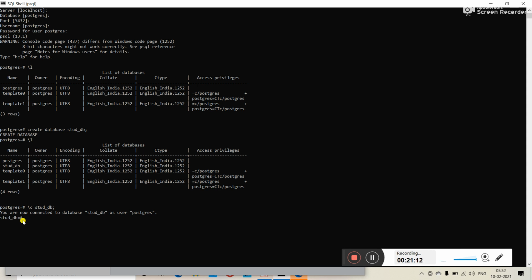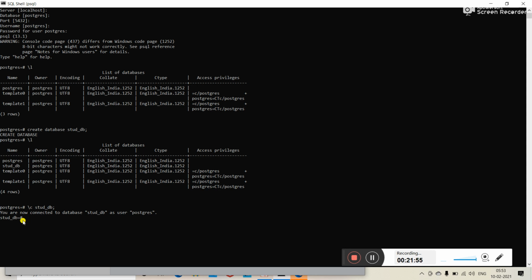To display the list of the databases, you require the command \l. Okay, and to create a database, you require the command create database followed by the database name. Okay, so this is the way you can create a database, display the list of databases, and connect with the database. These are the three commands which we have seen. First one is \l to display the list of databases in the user. The second command is the create database command, which is used to create a new database in the user.